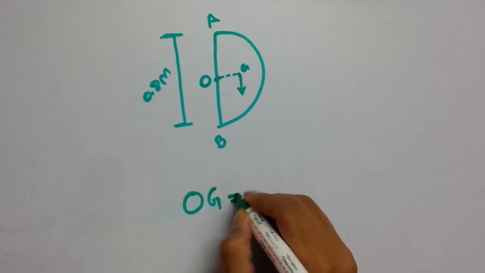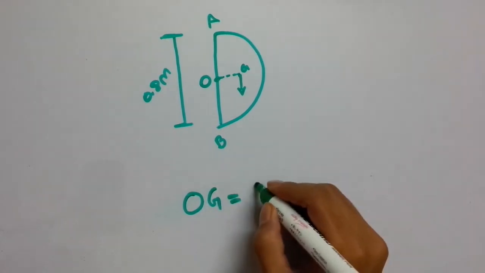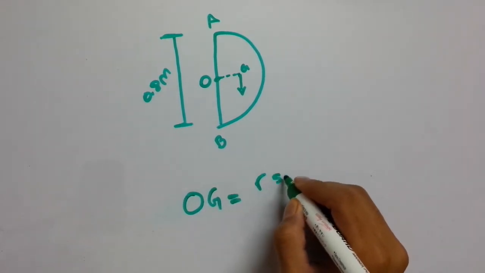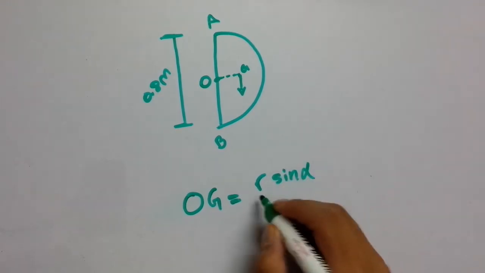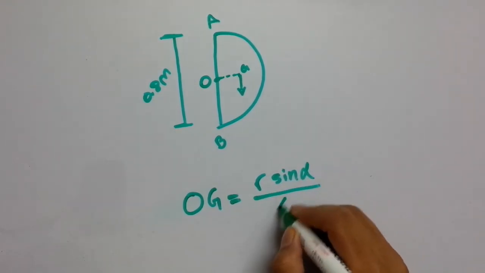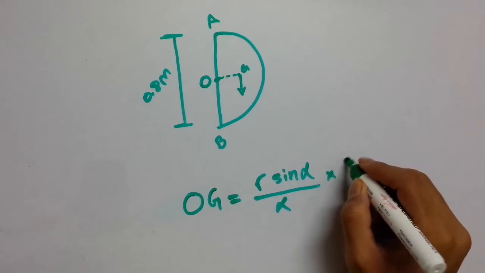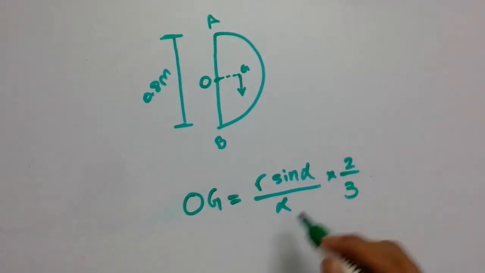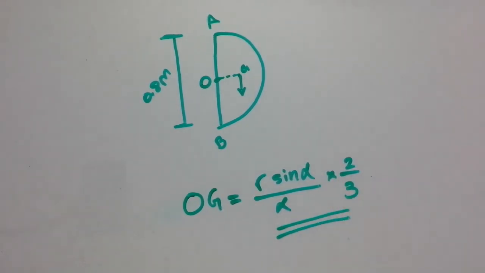OG is equal to R sine alpha upon alpha into 2 by 3. You should be knowing this formula. It's given in the MF9,